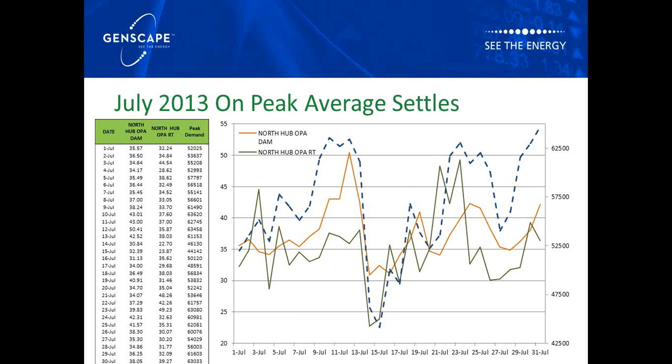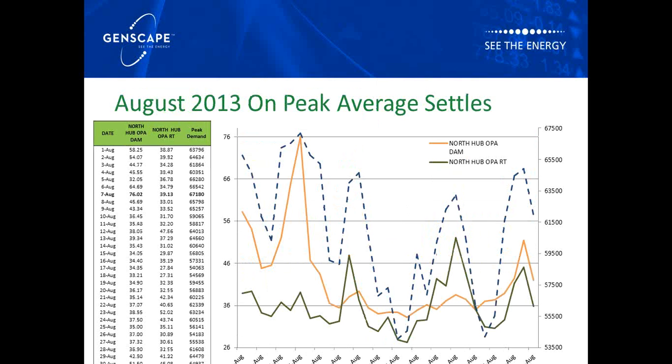So looking at July, you can see demand was a lot more volatile, as was the day-ahead real-time spread. In the July 7th to 13th time frame, you can kind of see the day-ahead price follows a day or two behind the increases in demand. Looking at July 11th, with the highest day-ahead clear of the month, you can see that had a bearish effect on real-time prices. I think that's pretty much what we're expecting to see this July, with higher than average, closer to 60 gigawatt peak load days, more likely to have more negative DART spreads throughout that month.